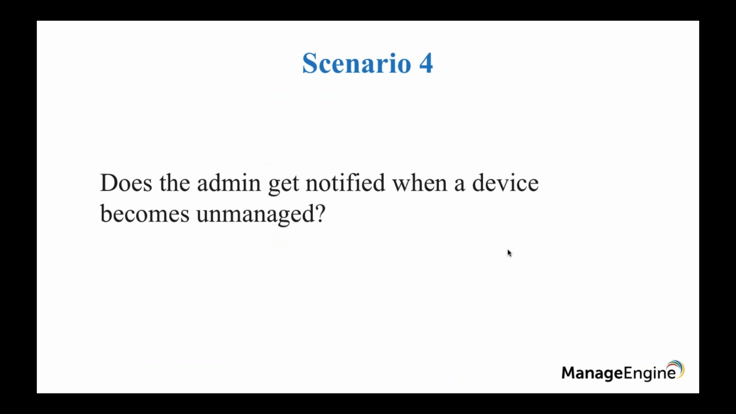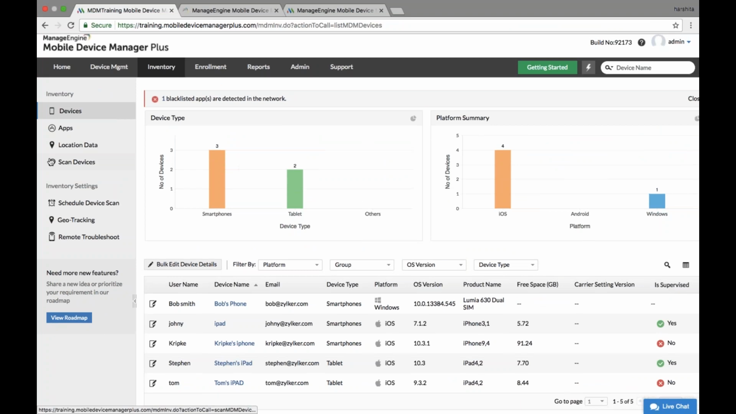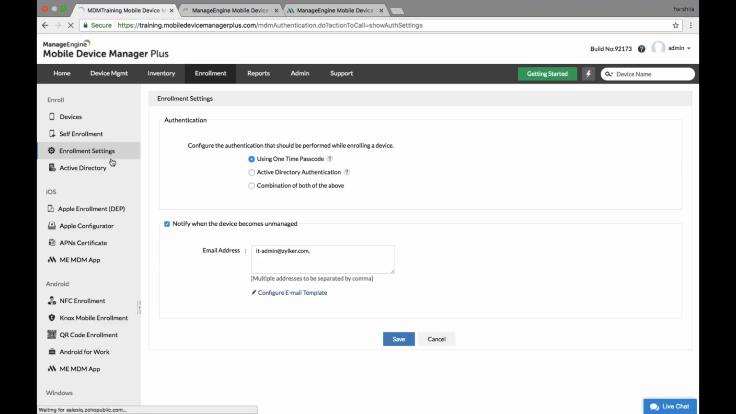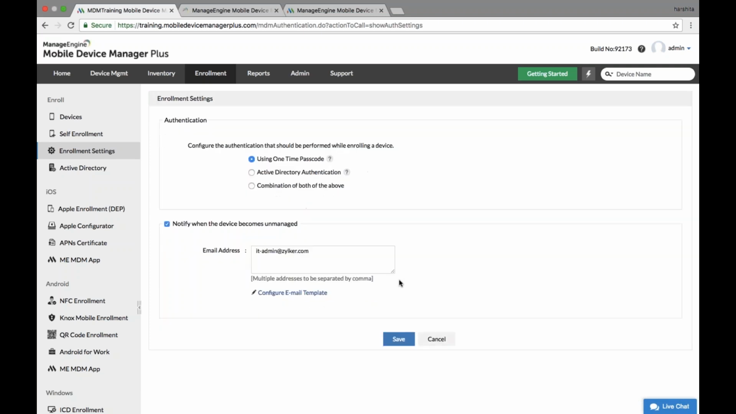So does the admin get notified when a device is unmanaged? It is always better for the user to be notified when a device is being unmanaged, for him to know what is to be done next. So for that, we need to make a setting. So I go to enrollment, and under enrollment settings, we enable this option, notifying when the device becomes unmanaged, and provide the email address of the IT administrator. So once you click save, every time a device is unmanaged, the IT administrator will receive an